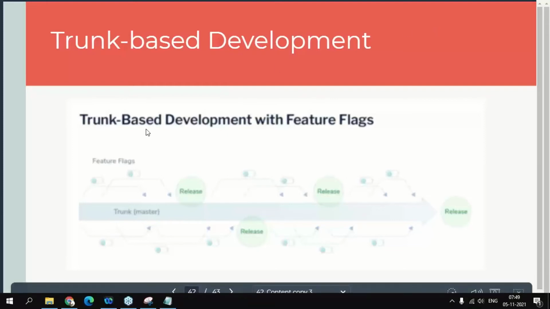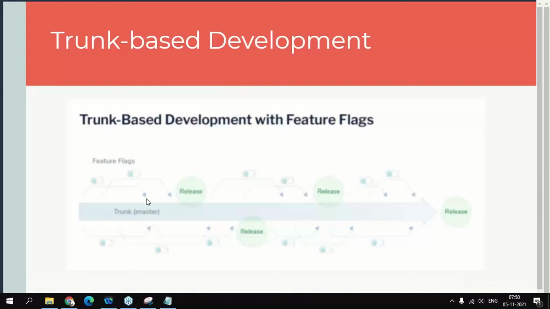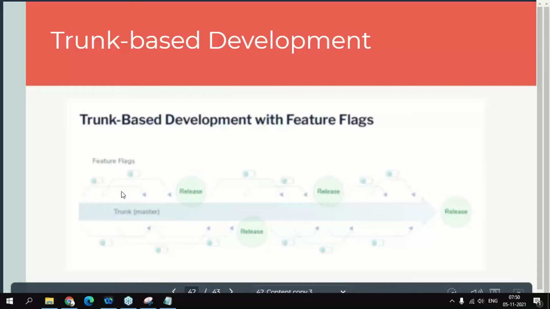So this is how they follow the trunk. There would be only one branch, that is the trunk branch. For example, if they have been assigned a story, they will create a branch from master and finally merge it. Whether it is completed or not, they will do local testing. From their local environment or from the dev environment they would test it, and finally they would merge it with